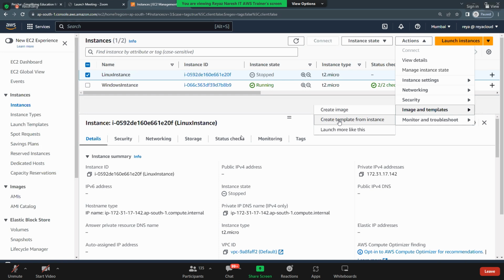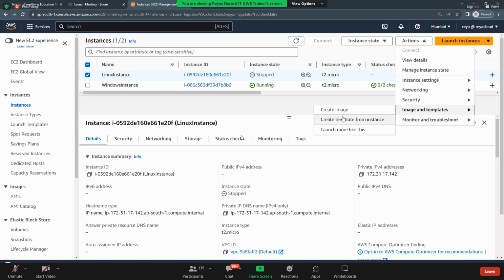What is a template here? Did we learn about launch template? Yes or no? Today morning we launched a Linux EC2 instance, and for that we selected so many options. Now I want the same Linux EC2 instance, 20 machines with the same configuration. Will you go and launch 20 times? What do you do? Create a template of this Linux machine. How to create a template?